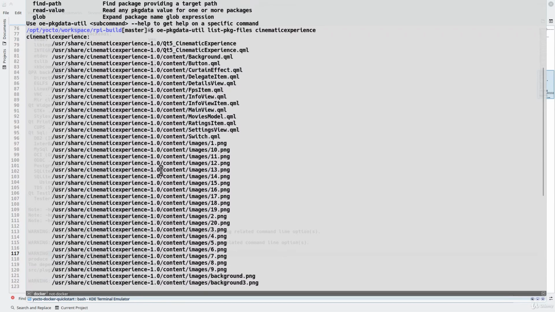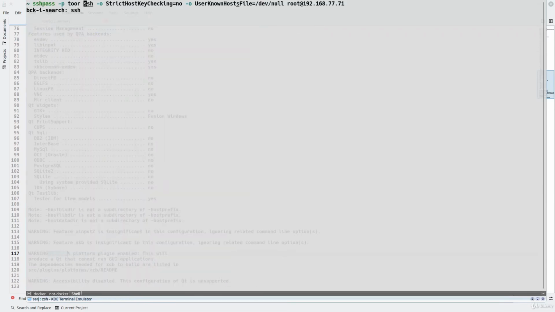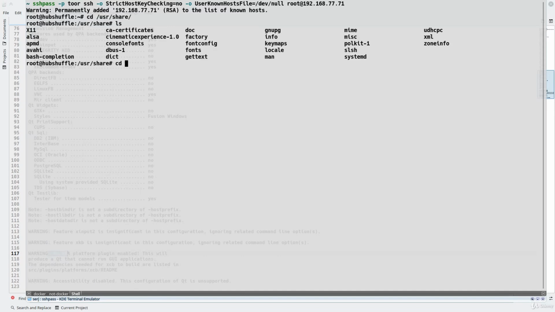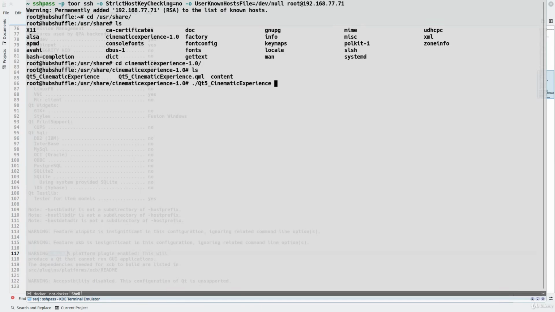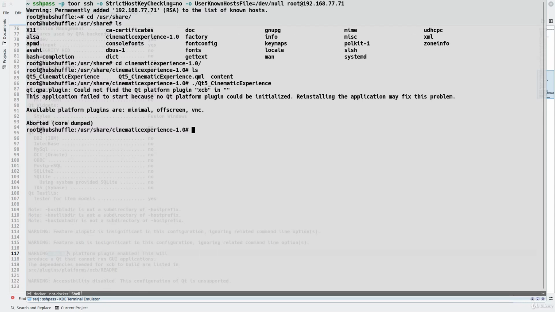So as we can see, everything is located in /usr/share. I'm going to open an SSH session so we can execute the application. You can do this through the serial port or directly with the keyboard. Okay, so we get an error here, and it's because there is no QPA plugin configured, and it does suggest